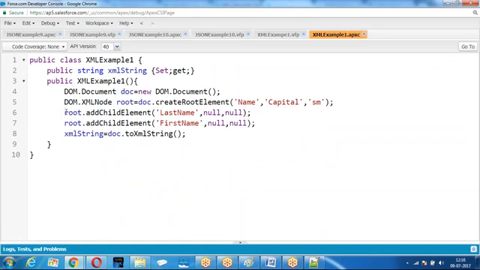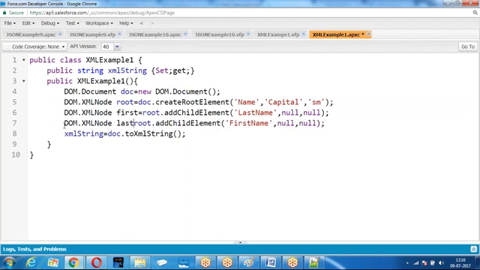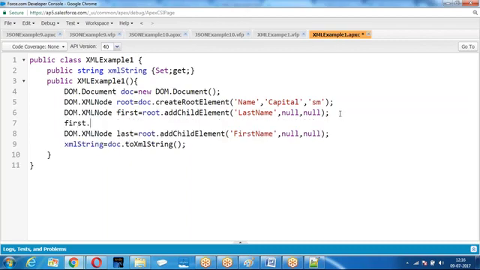Whenever we create an element, DOM dot XML node, this is the name of the first node. DOM dot XML node. So if you want to add the value, I would give first dot add.